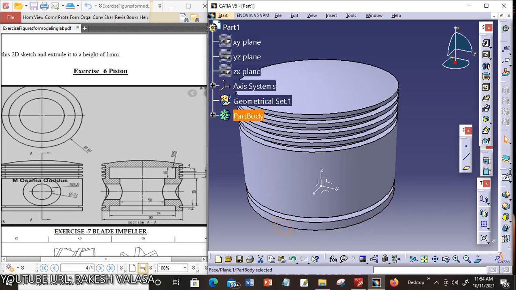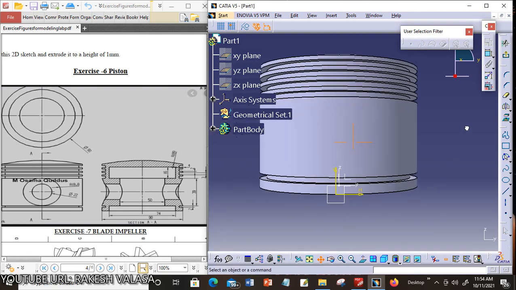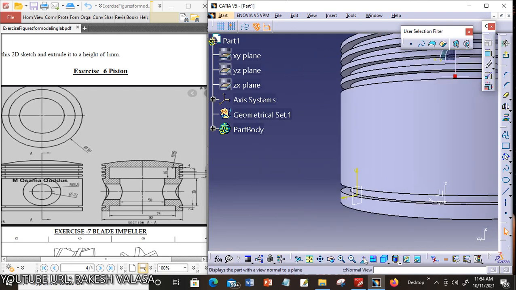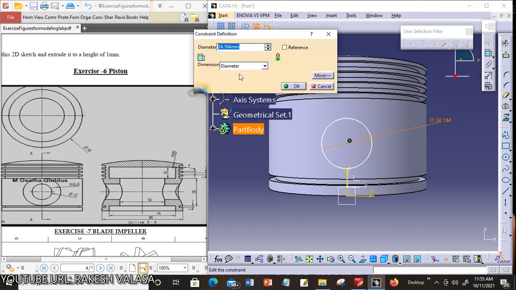Now choose the plane, click on the sketch tool. Now draw the circle. The circle radius is 18.8 mm.